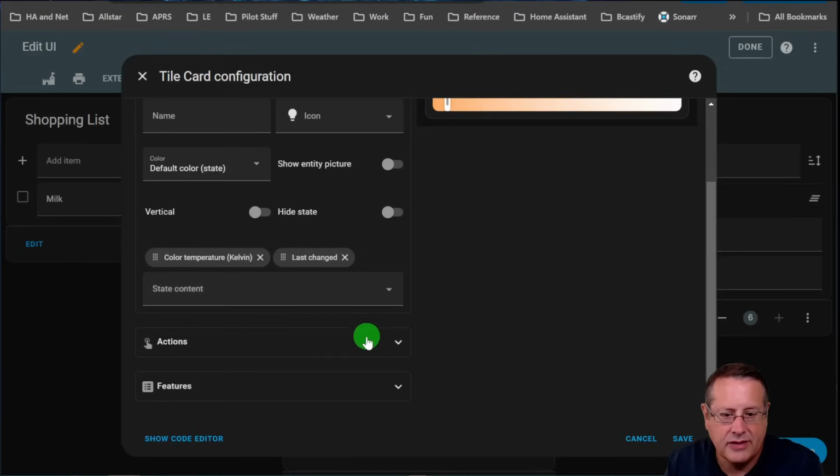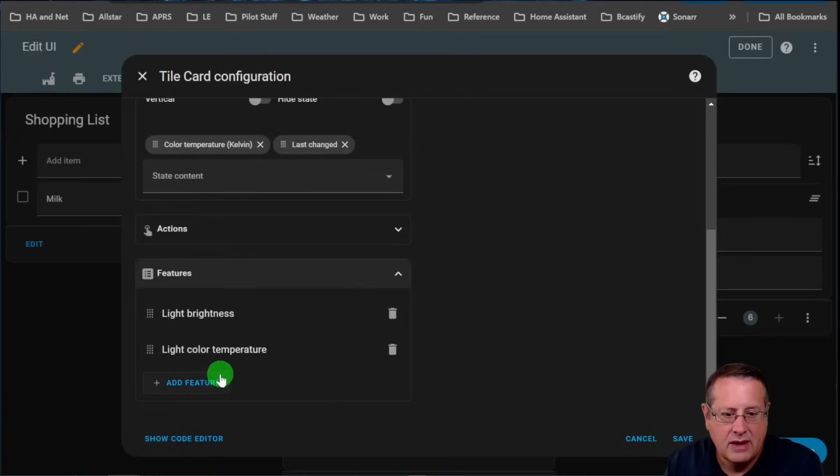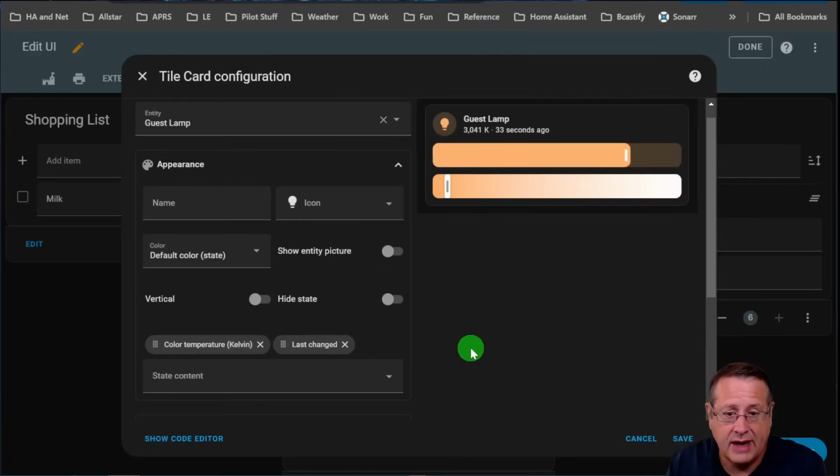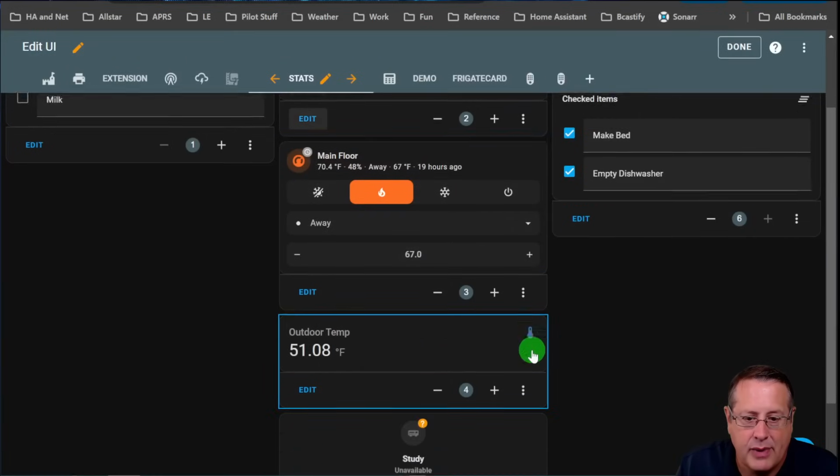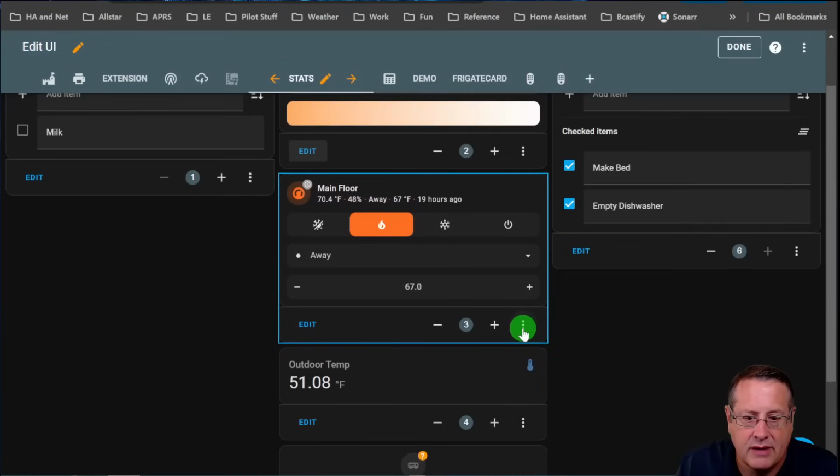In addition to that, you also have the features that were always available. You can add features such as brightness or color temperature to this particular entity, and it's entity dependent. So whatever entity you use here will determine what actually gets shown here for your features. So that's the lamp part. Then you can also do the same thing for